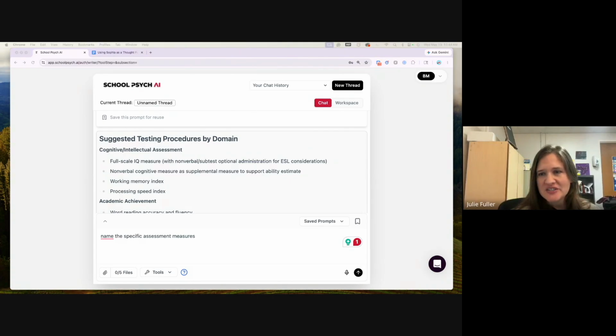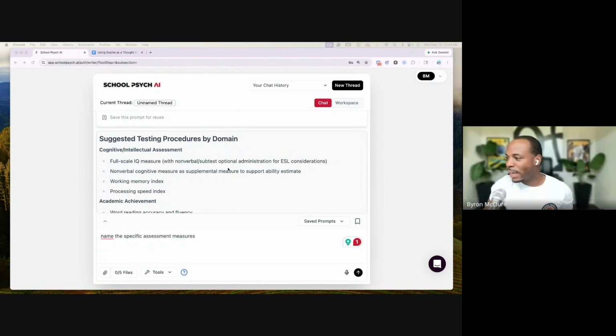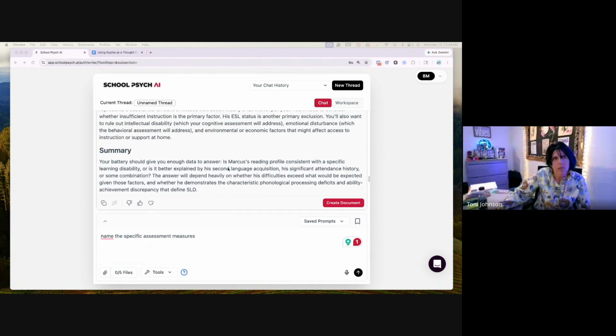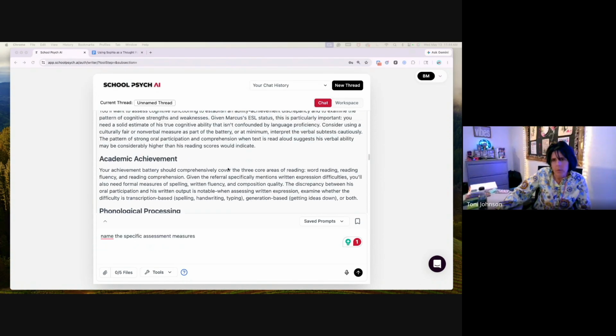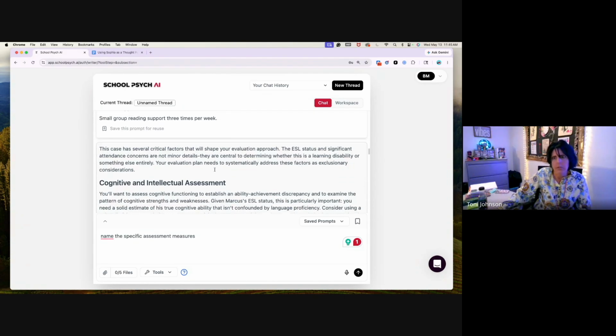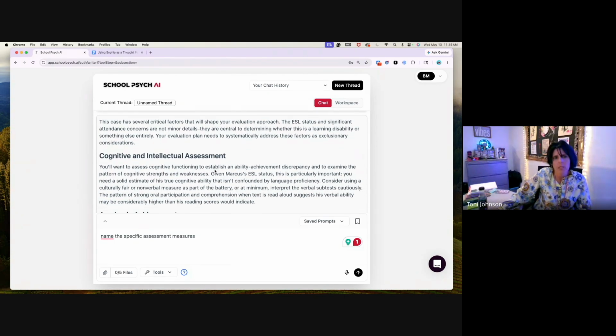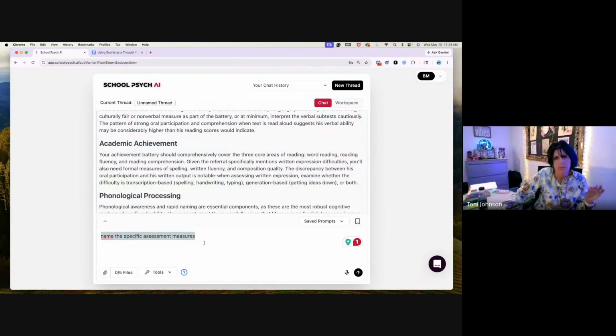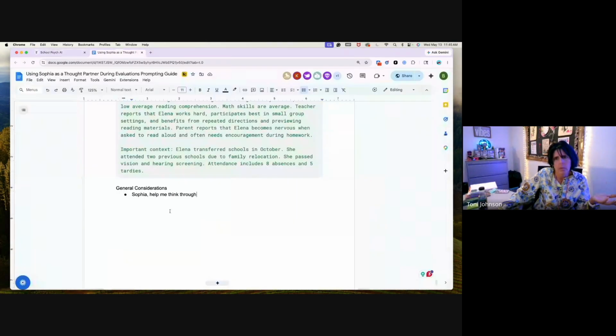Sophia keeps talking about discrepancy, and in Kansas, we did away with that several years ago. So is there a way that I can prompt her to not give me the recommendation of discrepancy model? Is there a way that we could upload our county guidelines for a learning disability? Because even if we're using a pattern of strengths and weaknesses, that could look different depending on what state you're in or district or how that's determined. Is there a way for us to upload our eligibility criteria for our county for a learning disability? So every time she's going through that lens